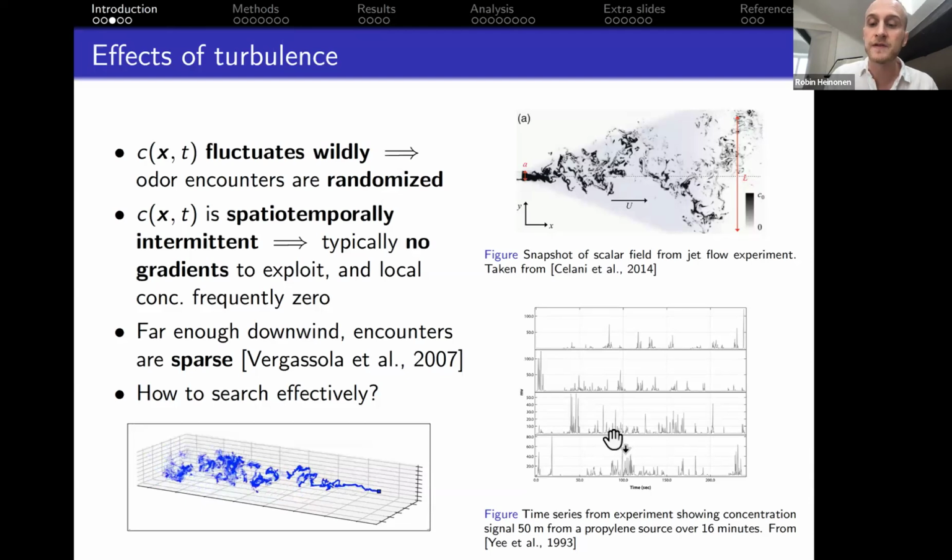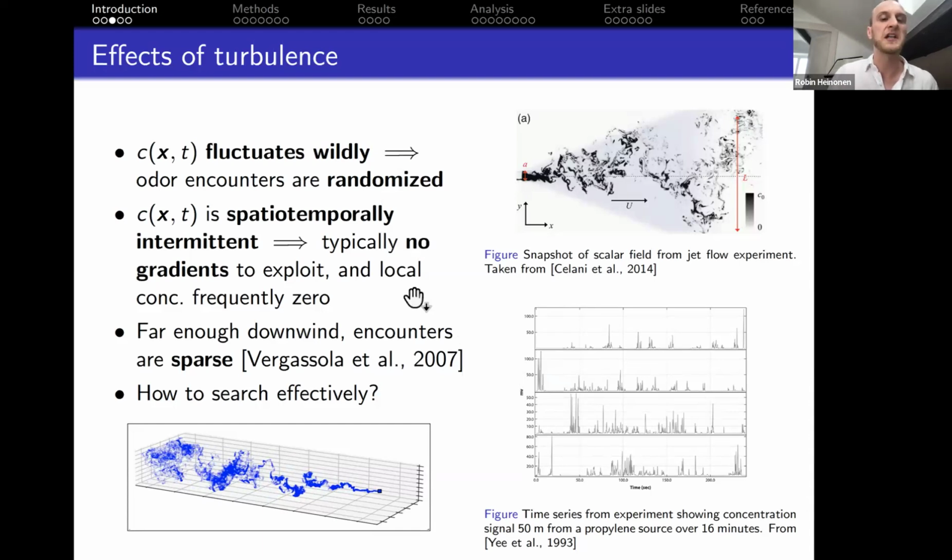We also here have a time series at a single point downwind of a propylene source, showing the concentration. And here the intermittency is realized by the spikiness. We had these long periods of time on the order of tens of seconds with essentially zero concentration dispersed with spikes of high concentration. So what this means for the search is that typically we'll have no gradients to exploit,